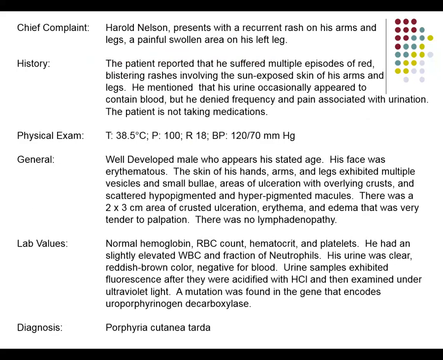To conclude, Harold Nelson presents with a recurrent rash and with urine that has a reddish color. The examination of the patient revealed the rash in areas exposed to the sun. Analysis of the urine found a reddish color that exhibited fluorescence when acidified and examined under ultraviolet light. The photosensitivity and the red-colored urine are attributed to the presence of one or more intermediates of heme synthesis. The genetic analysis confirmed the diagnosis of porphyria cutanea tarda when a mutation is found in the gene that encodes uroporphyrinogen